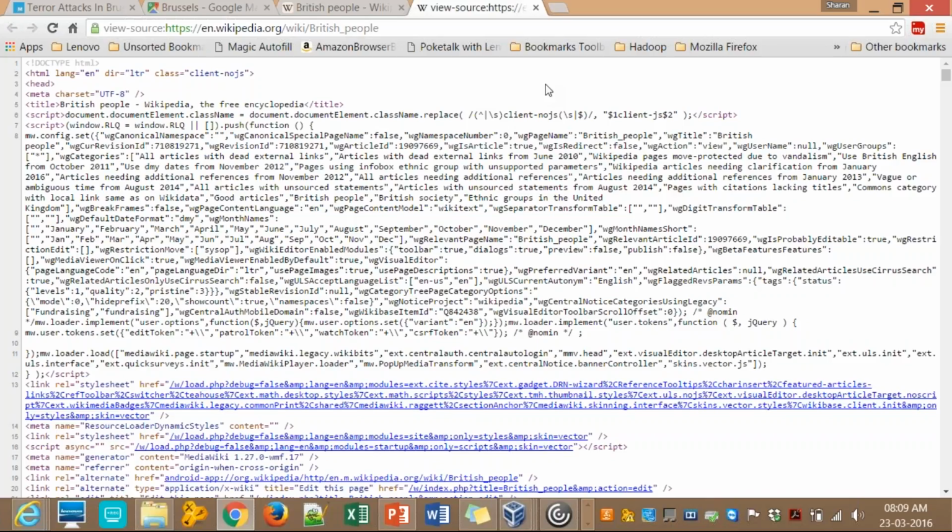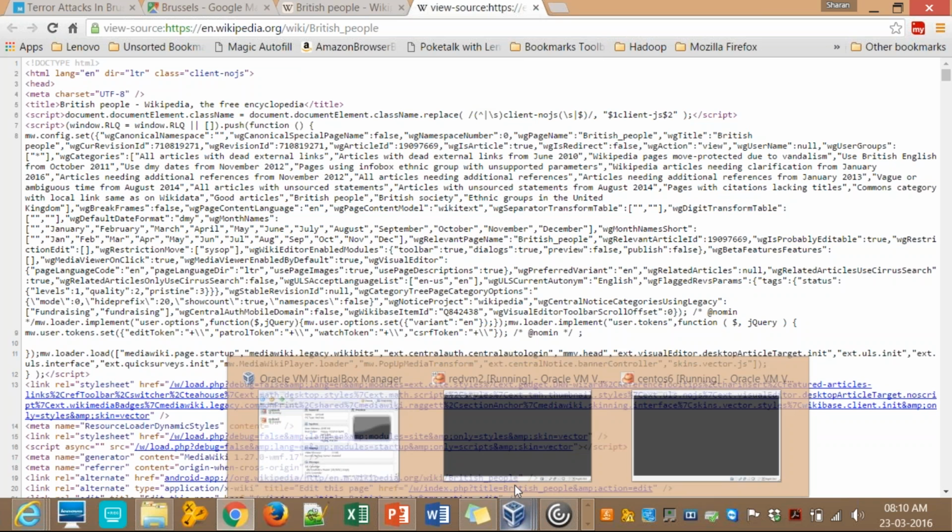So these web pages are hosted inside these web servers, and whenever you try to access, then the corresponding web page will be displayed to you. Okay, so moving forward,